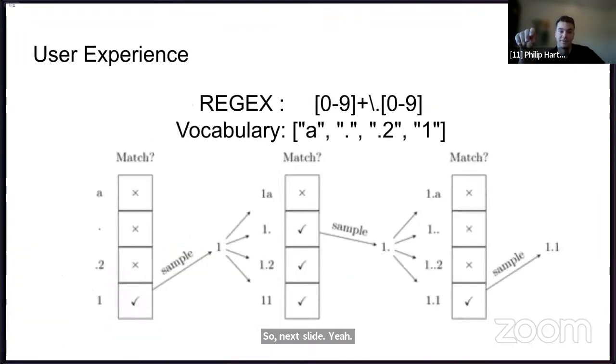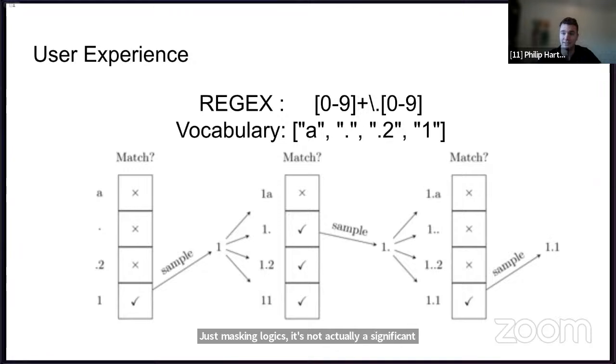Next slide again. Here we can see what's actually going on. If you have the regex of a number and then a decimal, or as many numbers as you want in a row, and then a decimal and another number, and our token vocabulary in this case is just a decimal, dot, 2, and 1, we can see for the first one, the only valid option is the number 1. So we take that and move on to the next one. In the next part, we have 3 valid options and 1 invalid option. This is where the sampling comes in, where we still want probabilistic sampling over those valid tokens. We just want to block out that top one because we should never see 1A in this case. And since Outlines does this with just masking logits, it's not a significant slowdown in latency, but